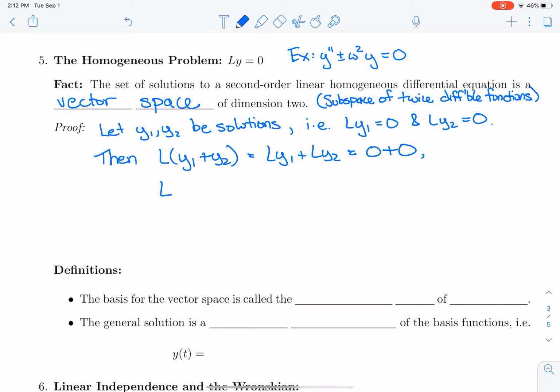But we can also do L done to C y1, and that's actually C times L done to y1. And of course, L done to y1 is 0, so that's C times 0, which is 0. And so a constant multiple of a solution is also a solution and is in that vector space. So since we've shown these two properties, that we're closed under addition and scalar multiplication,